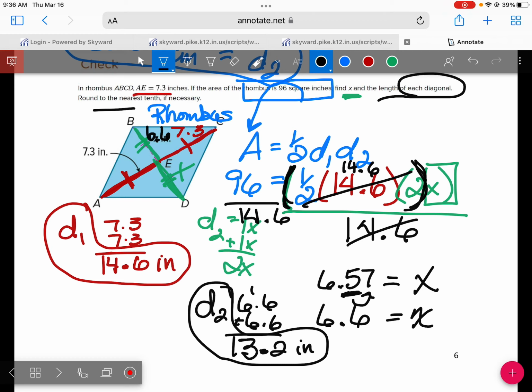Okay? So I substituted that in. Now, my second diagonal, which is over here in green, they said this was x. Well, if this is x also, then x plus x is 2x. And because I have to solve for the second diagonal, that's what I have to put it in as, 2 times x. So then, since we're solving for x,